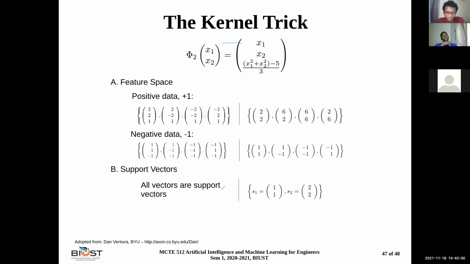All vectors are support vectors. Why? Because you see there are 8 points, and we are saying that all the red dots here, when we transform them into the 3D space, we'll have,